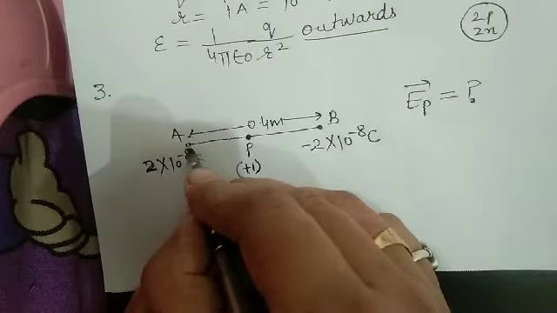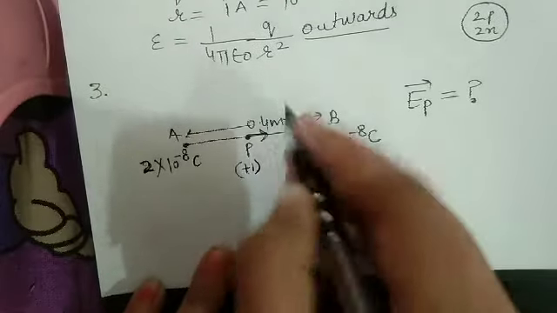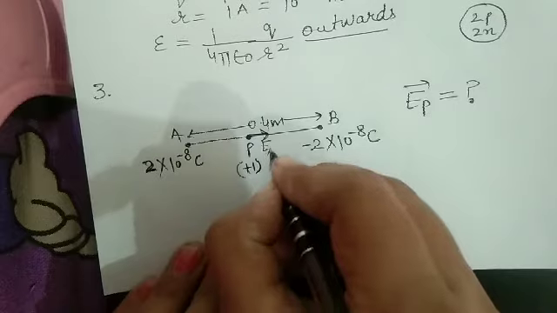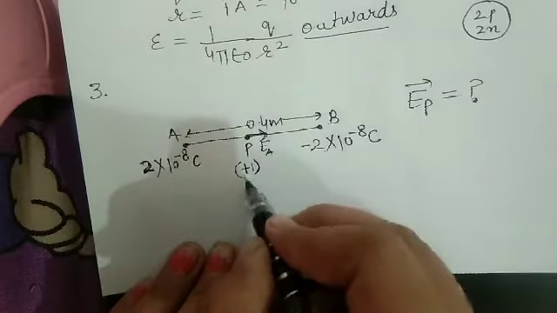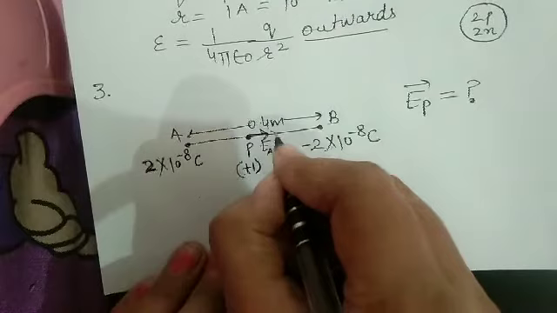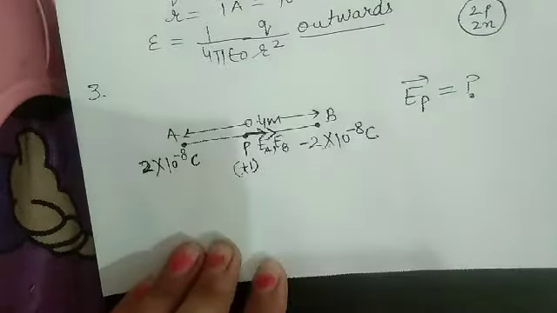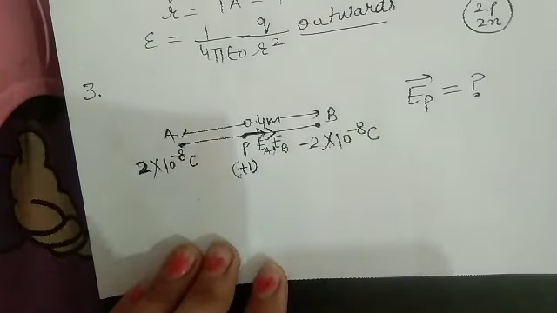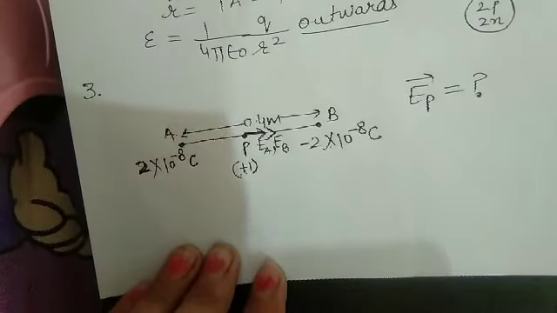Positive, it means this positive charge will repel the unit positive test charge. It means the direction will be towards right. I can mention here EA. Okay, this charge is negative, this charge is positive. This negative charge will attract the positive test charge, so the direction will again be towards the right. EA and EB are both along the same direction towards right, so the overall electric field will be just the sum of these two electric fields, because these two vectors are along the same direction.